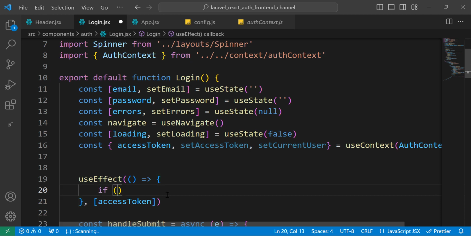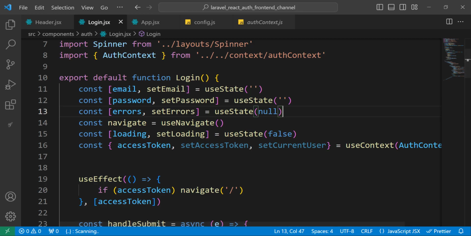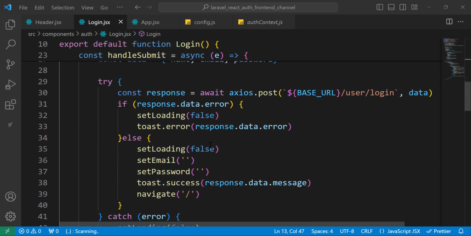So let's check here if access token, then navigate the user to the home page. That means that he is logged in. He doesn't have permission to access this page if he is logged in. And what else? Was the user logged in successfully? So here, so let's